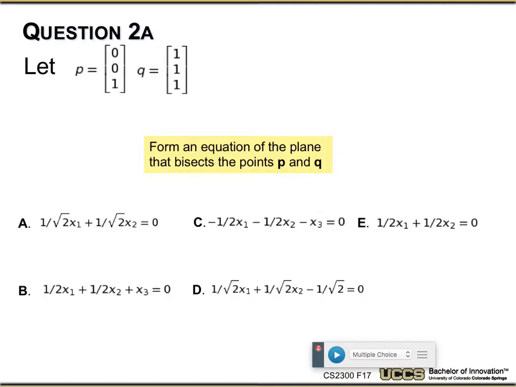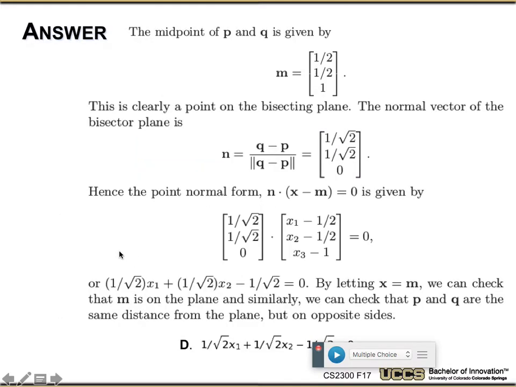Now, a lot of people got the answer A. Okay, so what did you do to get the answer A? Because here's how we went through everything else. What did you do for A? Right? We have a vector, subtract the, and then plug in the numbers from that vector. Right. Yeah,